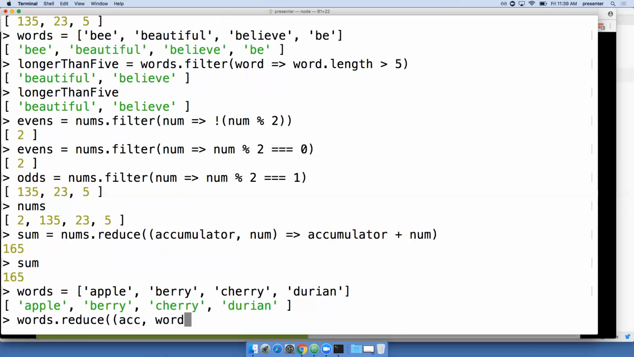Accumulator and word. And what's it going to return? First letter of word. So, you know, that's pseudocode. But the problem is that we aren't taking into account what we've already accumulated. This is just going to give us the last word, the first letter of the last word, because we notice